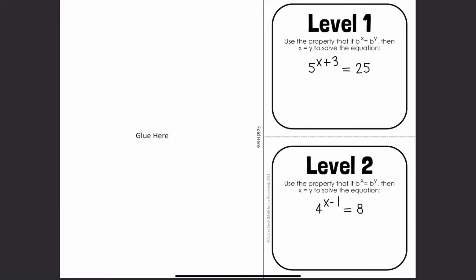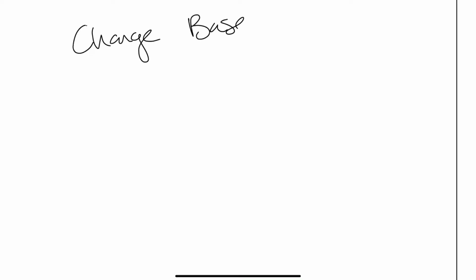All right. Hello, everyone. So today we are going to talk about solving exponential equations. Okay. So I just really quickly want to go over something, and that's going to be how we change bases. So taking a look at our exponents, usually what we saw was something like this, where our base is